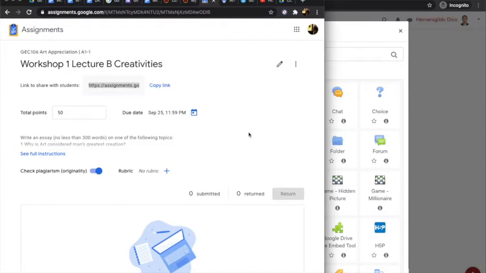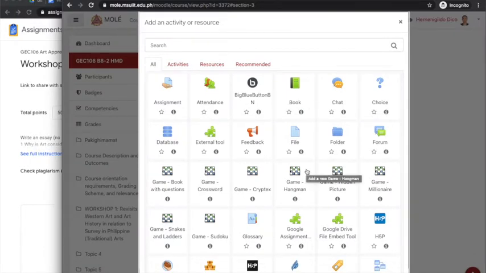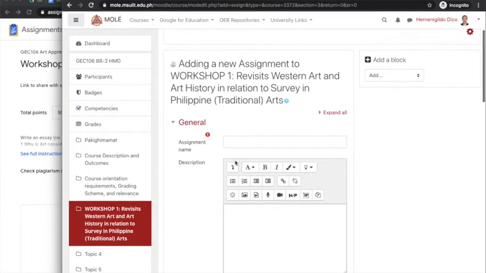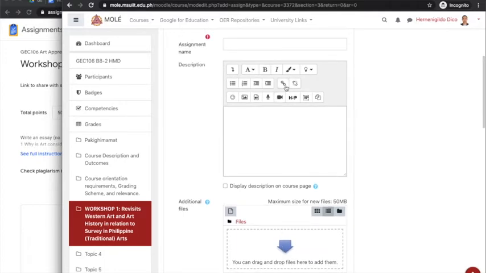provided by your students. So in this case, since I already made an assignment in the Google Assignments application, all I need to do is to copy this link and, assignment, yeah, you click this assignment button and then assignment name, description, and then